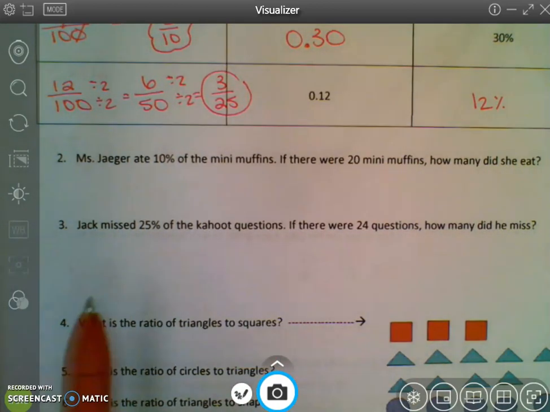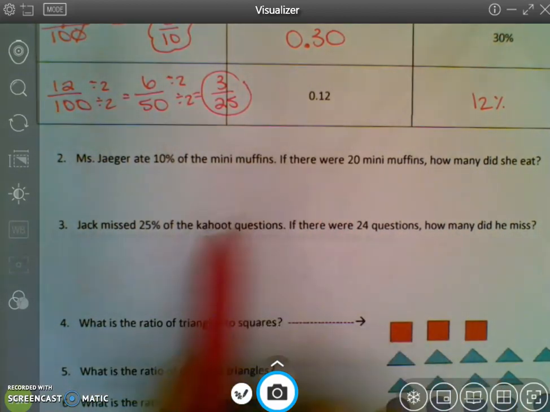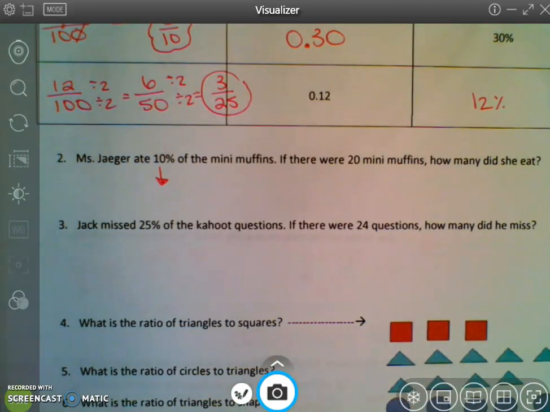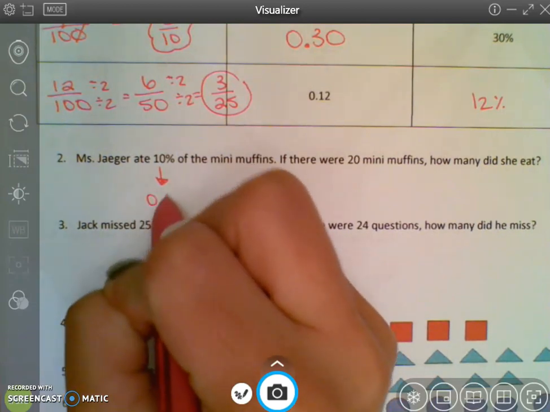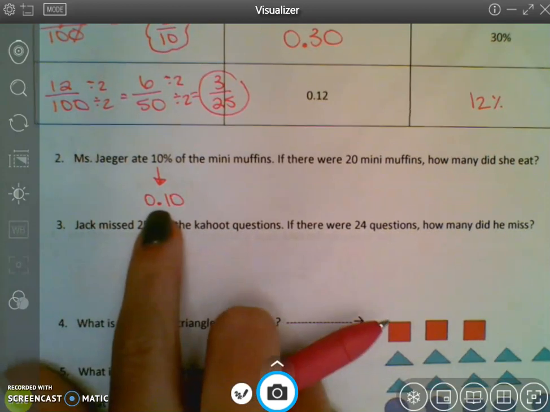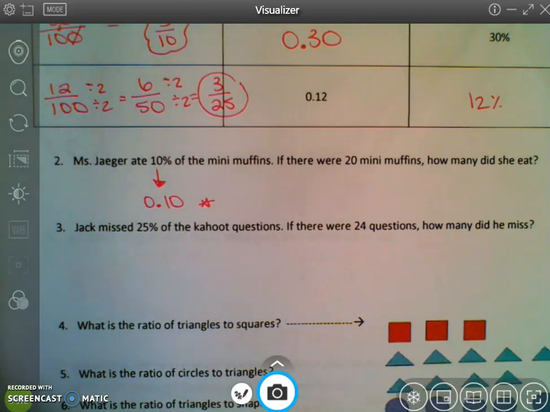But before we multiply, I can't multiply a percentage times a number. I have to use a decimal when I'm using my calculator. So the first thing you have to do is change your percent to a decimal. So 10% is 0.10. Okay, so you're going to take this and multiply by however many total there are in the